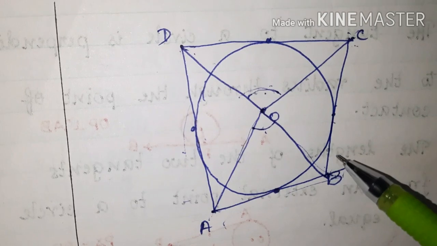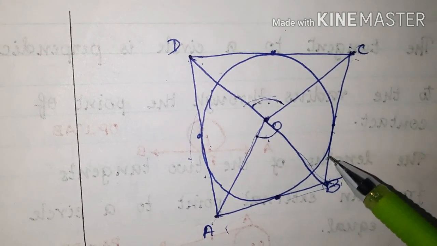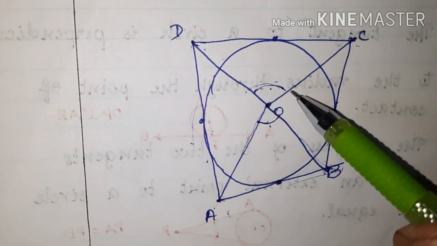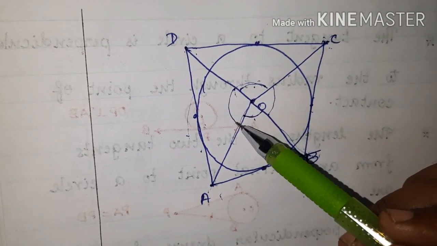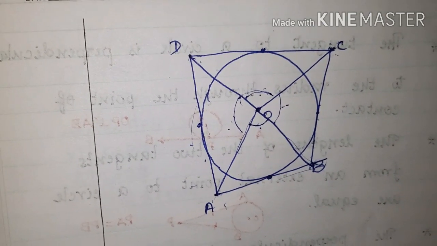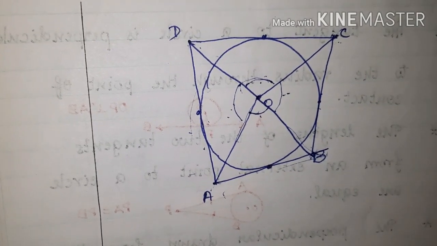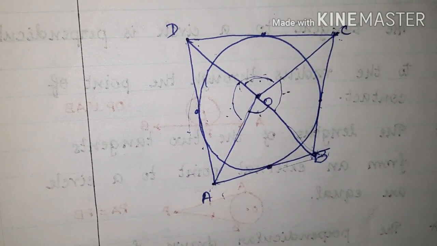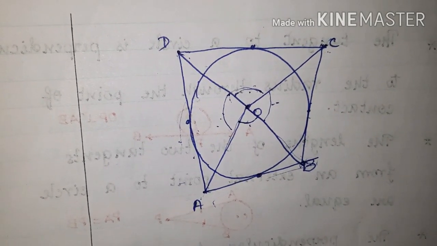Or it may be like this also, that is, the opposite sides BC and AD also you can take. BC subtends an angle at the center here and AD subtends an angle at the center here. So the sum of these two angles is also equal to 180 degree. This is what is asked to prove. So it's a very important result which you will be applying in one word type questions also. Now we are going to see how to prove it.